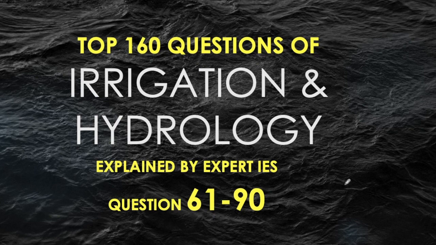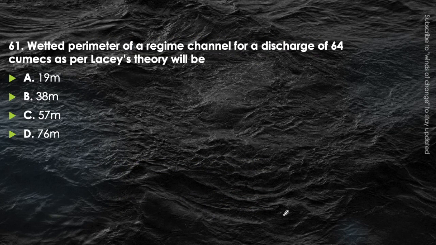Welcome to the third video in the continuation of top 160 questions of irrigation and hydrology. In this video, we will cover question number 61 to 90, that is 30 questions. So let's begin. 61st question: wetted perimeter of a regime channel for a discharge of 64 cubic meters per second, as per Lacey's